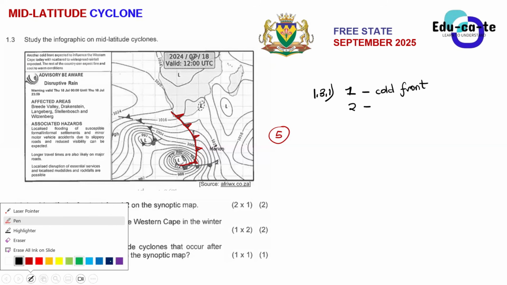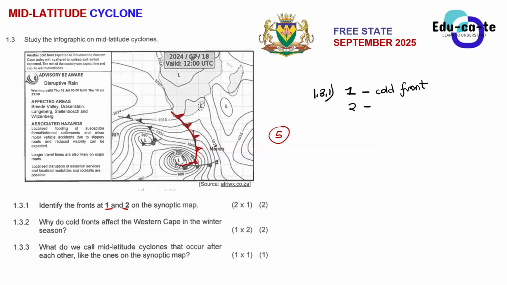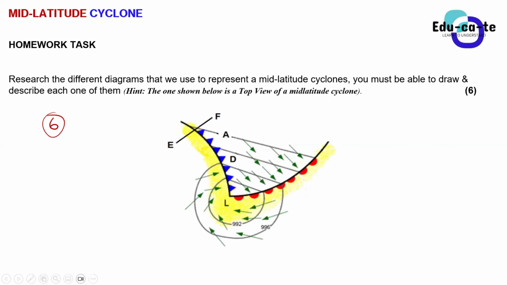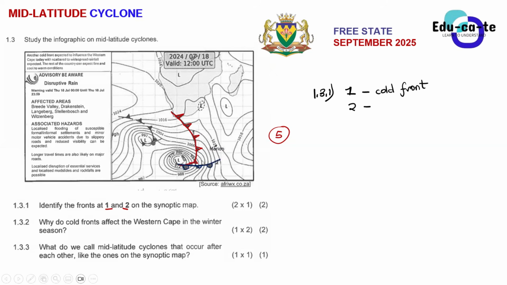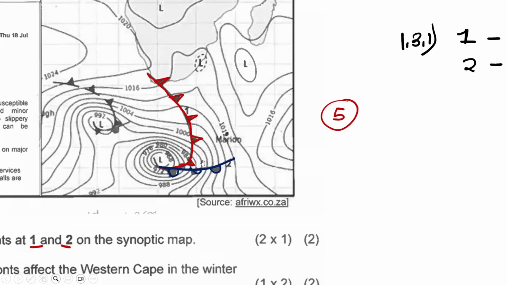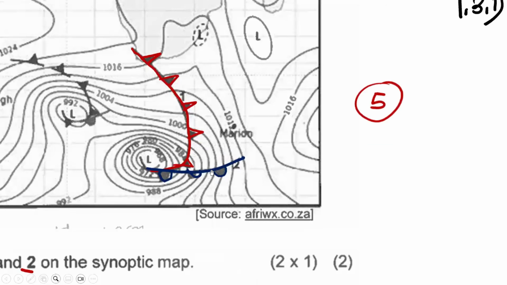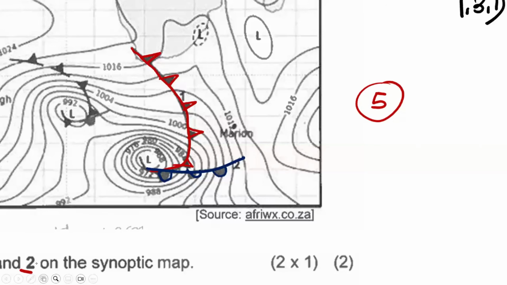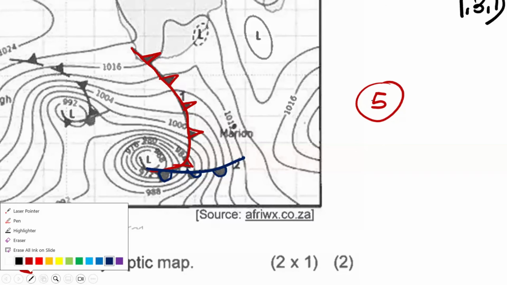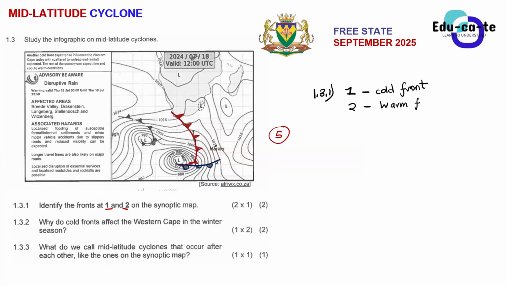Warm front. It's a warm front. You can see it, guys. This one highlighted in blue has got these circular shapes here. So it's a warm front. Let me just zoom it in one more time. Okay, let's go back. All right. It's a warm front, guys. You can see it clearly, right? This blue one has got these round shapes. Do you all see that? Yes, sir.